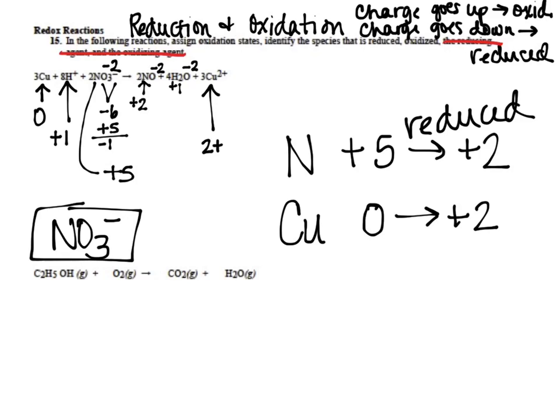So oxygen is a -2, and we have 3 oxygens for a total of -6. So we've got to figure out what N has to be so that my overall charge when they come together is a -1. So what number, when added to -6, gets me a -1? Why doesn't the coefficient